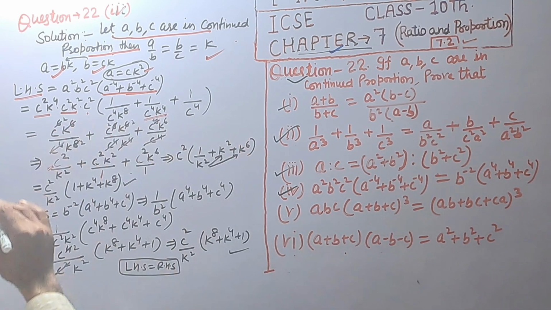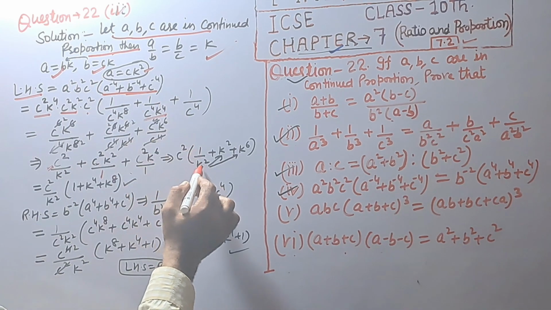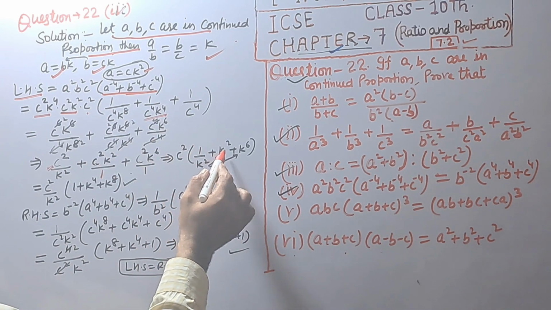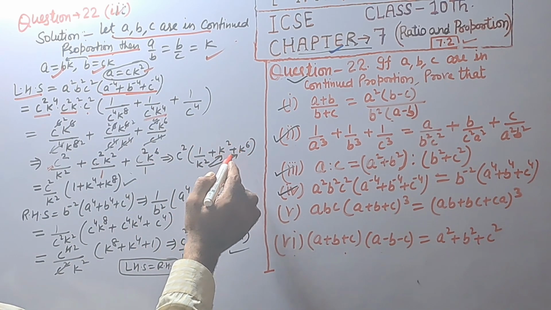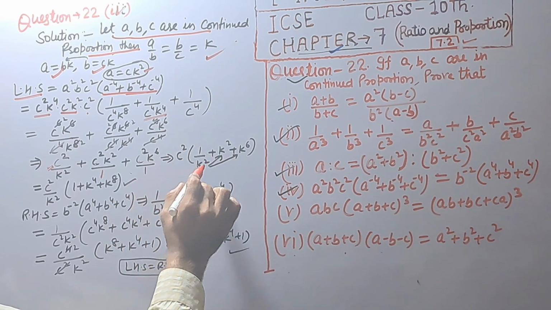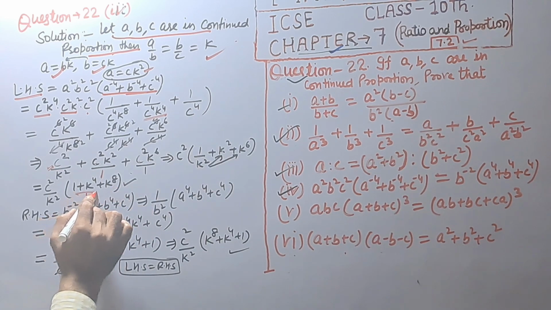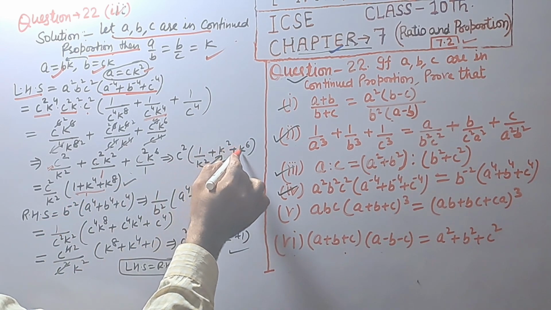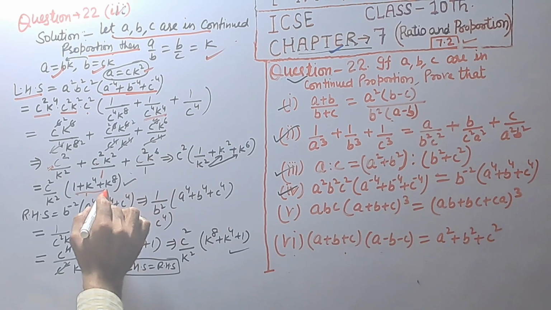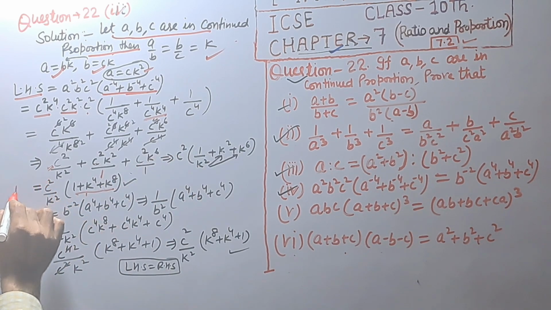We are taking common c raised to power 2 and in bracket 1 upon k square plus k raised to power 2 plus k raised to power 6, and LCM of k square is equal to k square, so k square multiply by k square, that will be k raised to power 4, k square multiply by k raised to power 6, this will be k raised to power 8, and LCM is k square, and left hand side we get